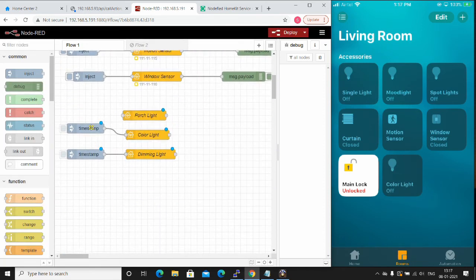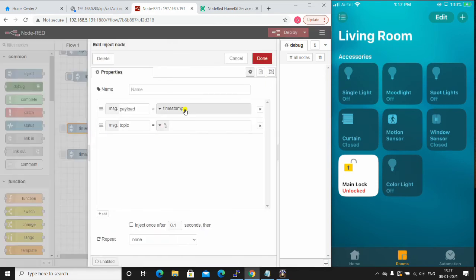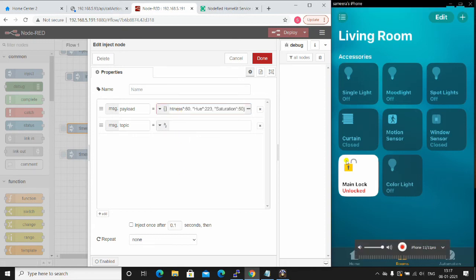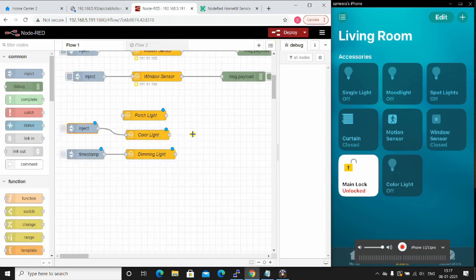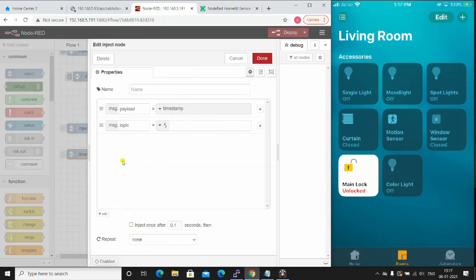I have the format already, so I'm just copy pasting the whole thing. Make sure you select JSON. So these three parameters we have to feed in. Once they are fed in, it will show up as a color light on the interface.